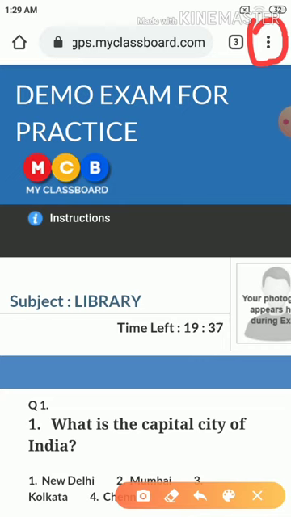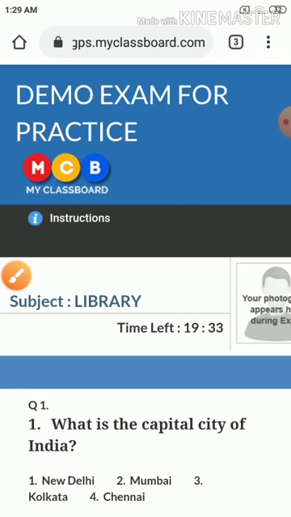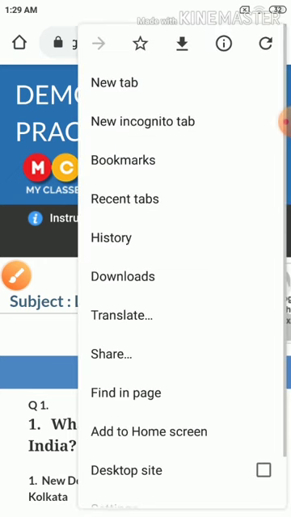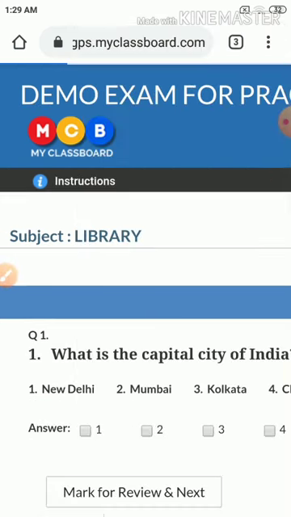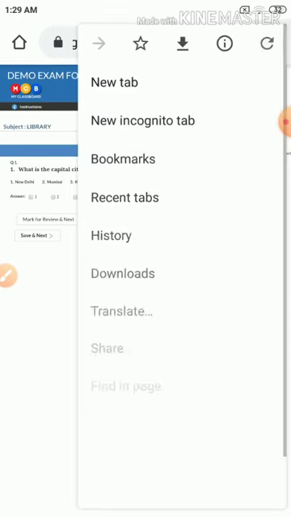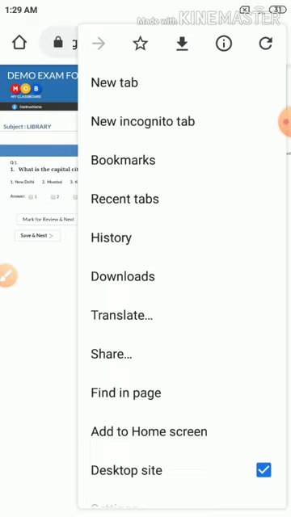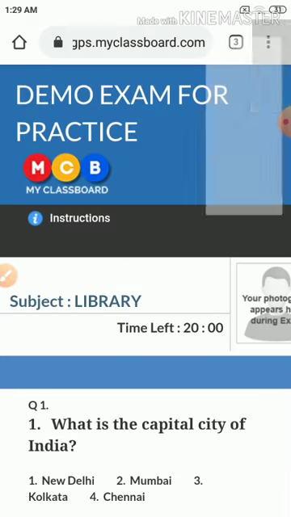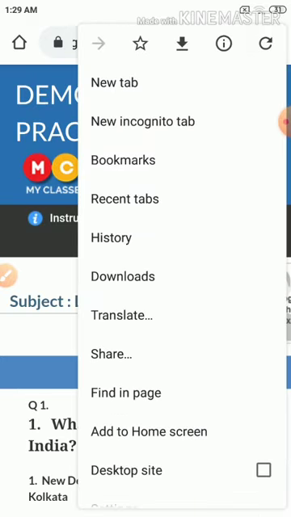Click on these 3 dots, and below there is one box, desktop site. We have to click on that box, shown with red color.